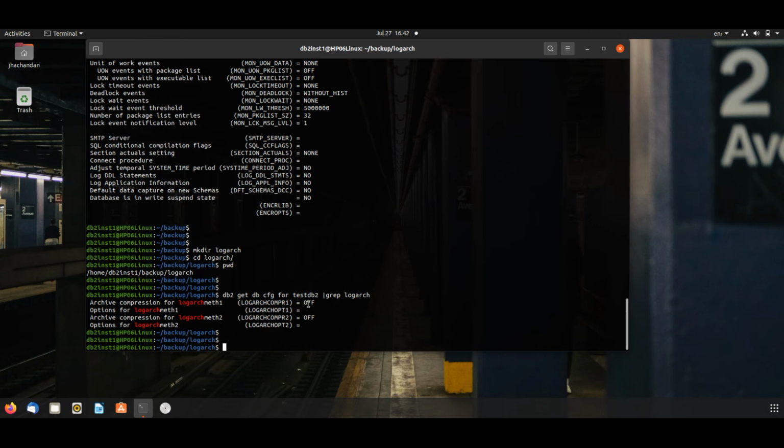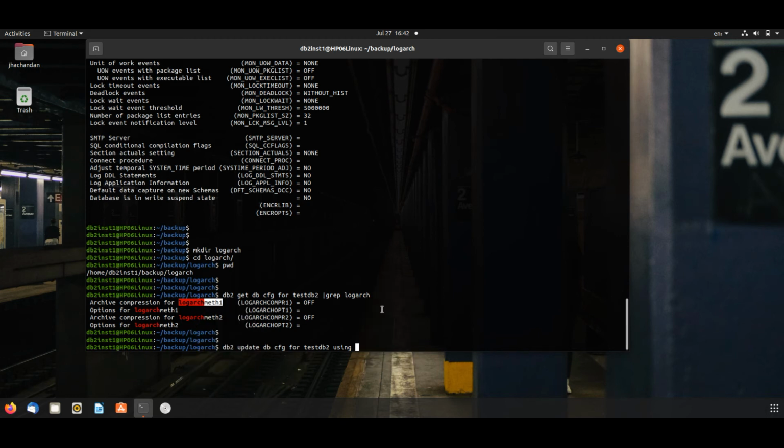So for updating, we will issue this command: db2 update db cfg for test db2 using the parameter name LOGARCHMETH1.